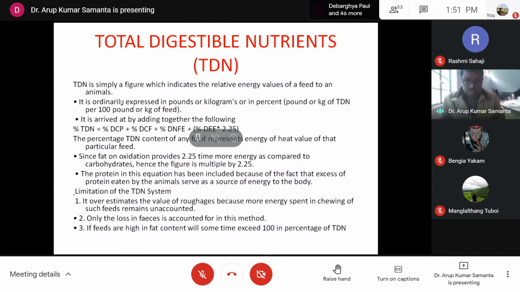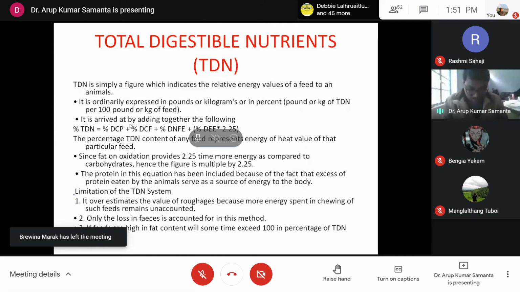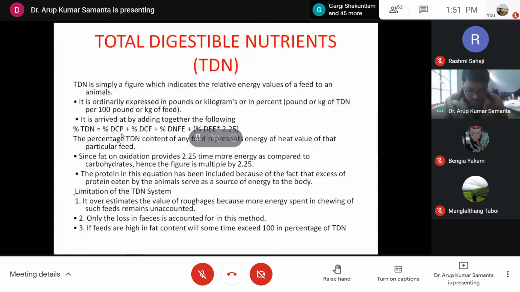So here simply you should remember the formula for the calculation of TDN percentage. Percentage of TDN equals percentage of digestible crude protein (DCP stands for digestible crude protein), plus percentage of digestible crude fiber (CF), plus percentage of digestible NFE, nitrogen free extract, plus percentage of digestible ether extract into 2.25. So this formula you have to keep in mind in order to calculate the TDN percentage of any